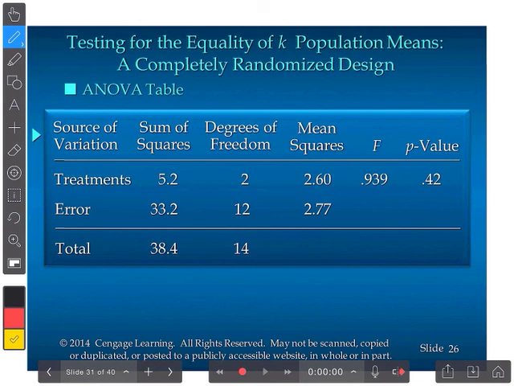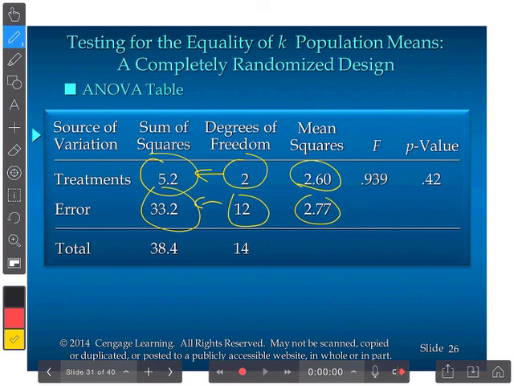So here's how we would summarize this information in a data table. We could see for our problem, we have the sum of squares for treatments is 5.2, 33.2 for error. Degrees of freedom was 2, was 12. And then when we divide the sum of squares by the degrees of freedom, we get a mean squares, 2.6 and 2.77. When we take the ratio of those two, we got 0.939, which has a p-value of 0.42,